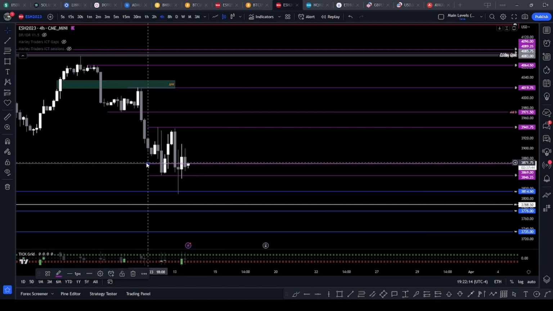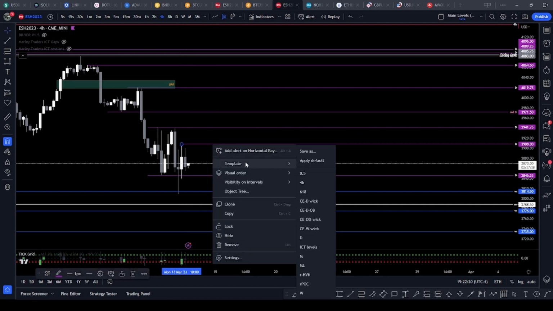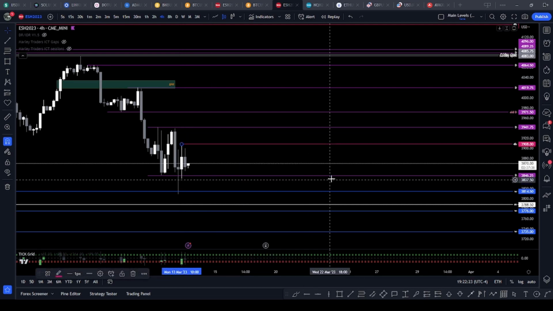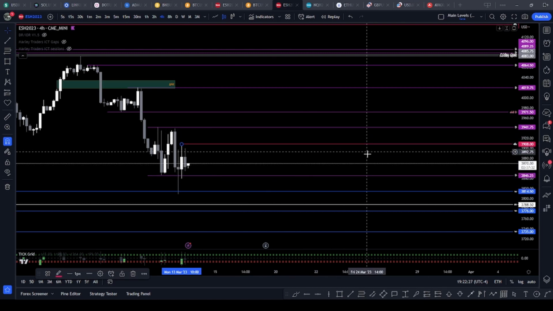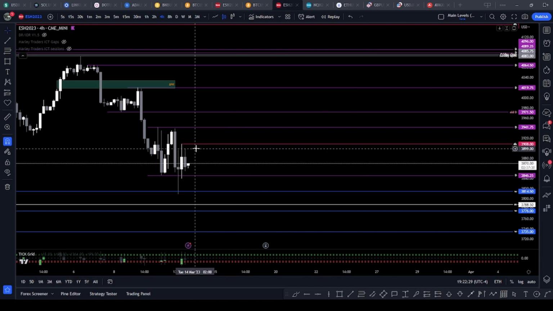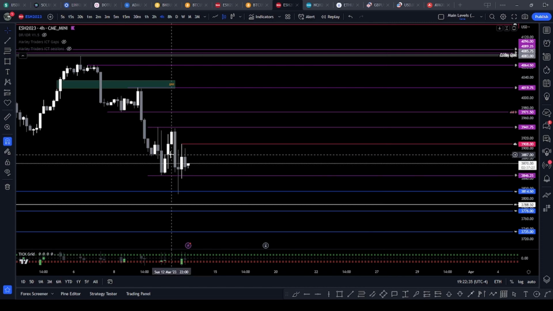So this is how I update my levels. I just put it like that. Take this, turn it to 4 hour. Nice. So this is what I do. Before I go to bed, I will go through my pairs and update them. Locate where the nearest pool of liquidity is, then I go to bed